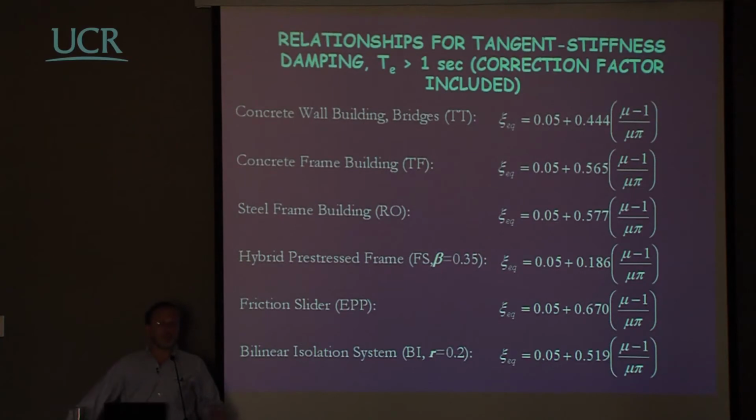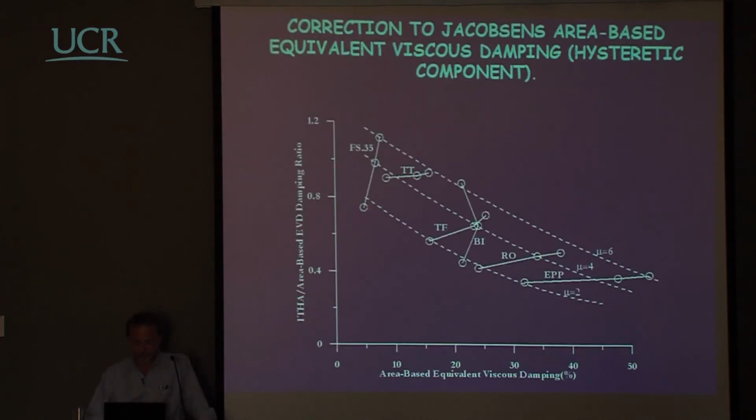0.577. What I'm trying to say is that for a similar level of ductility, you are going to end up with a similar level of equivalent damping. There are other factors that you should consider to correct this value. I cannot enter into great detail on this. Of course, you will find all this in the book, but the point is that